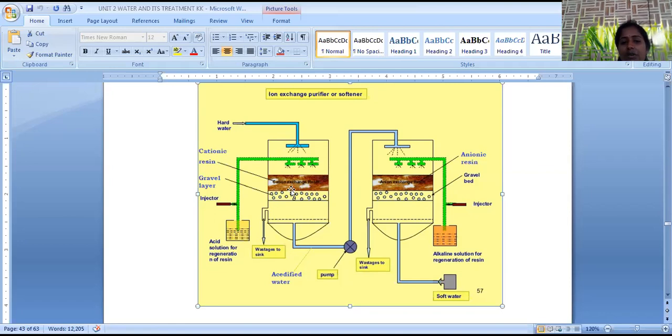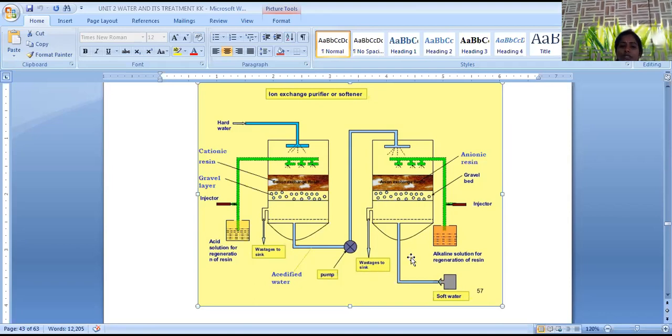When it is rinsed with dilute hydrochloric acid, all the calcium and magnesium ions are replaced; the reverse of the reaction is possible. So those get discarded by these side tubes. Okay, so those washings can be discarded so that the cationic resin is regenerated. Alkali solution is nothing but base. When this base is added to the anionic chamber, all the chloride, sulfate and bicarbonates are discarded from the resin and OH minus is retained by it. All the washings are discarded by this side tube.